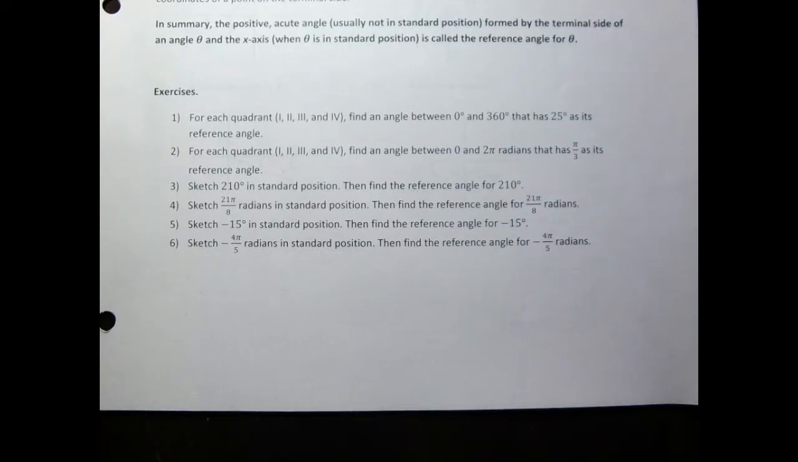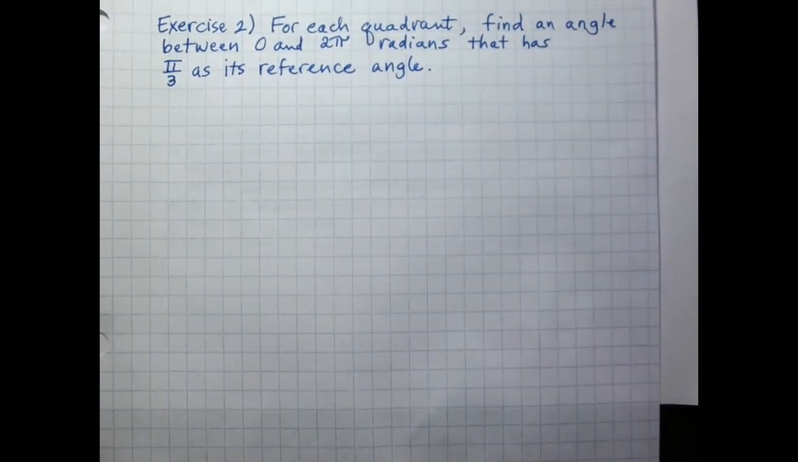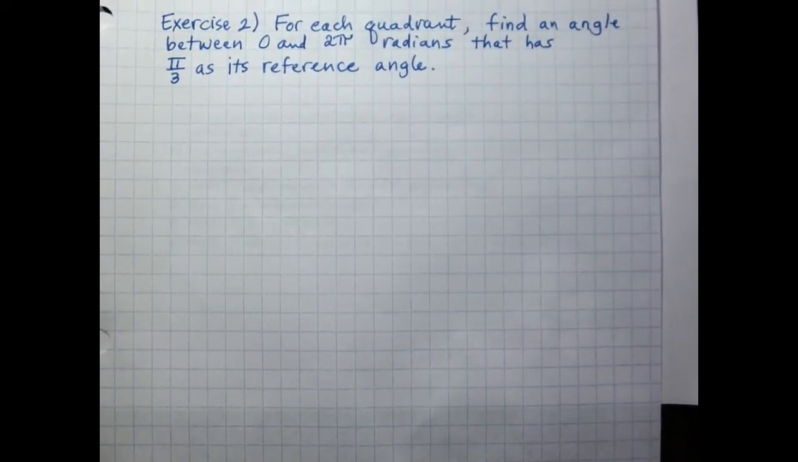So we're going to continue here with the exercises for reference angles. This is exercise number 2 now. It's actually very similar to 1, except we're going to work with radians. So for each quadrant, find an angle between 0 and 2 pi radians that has pi over 3 as its